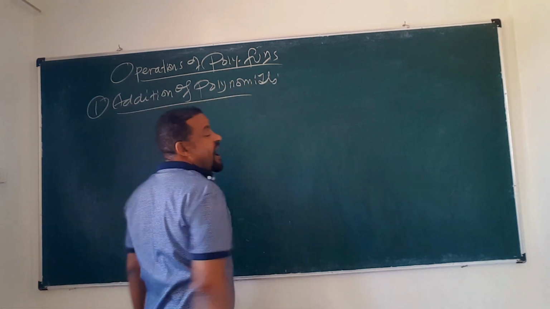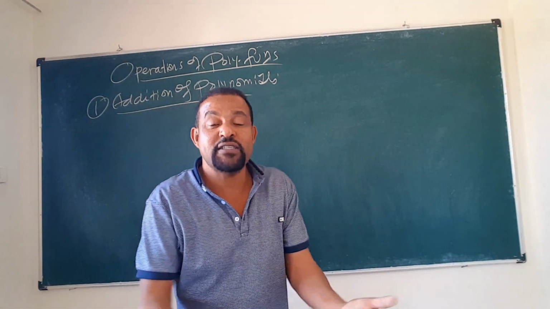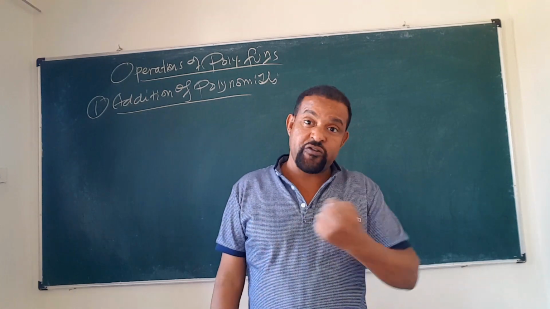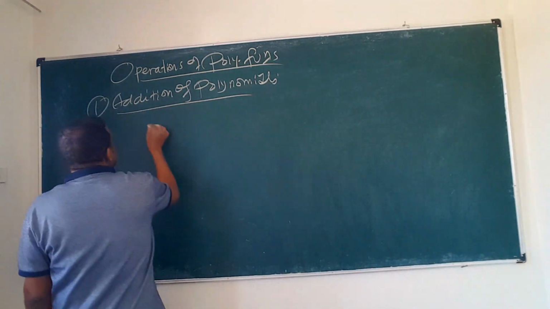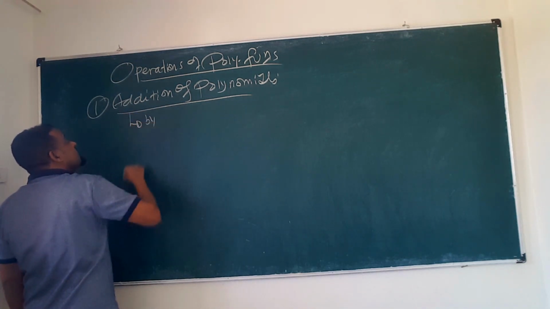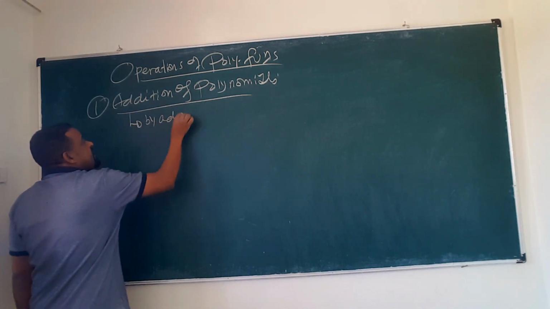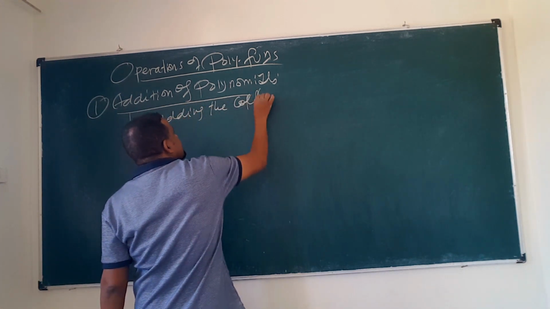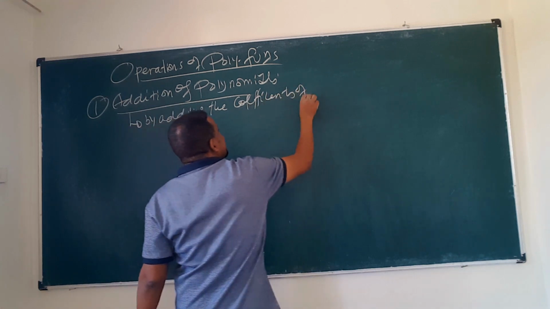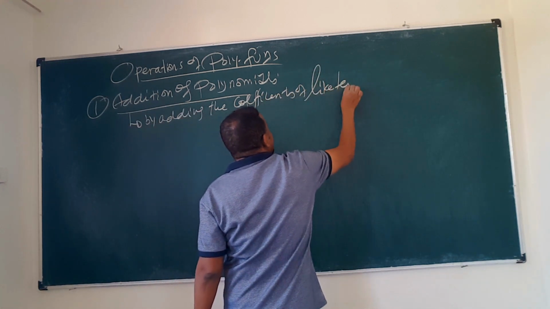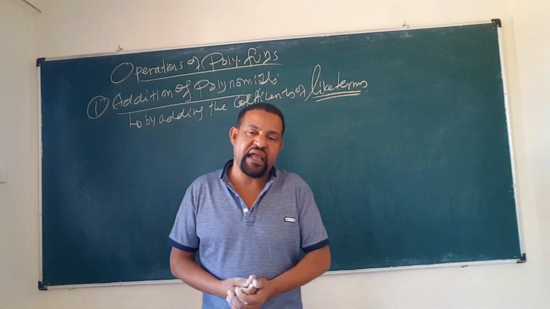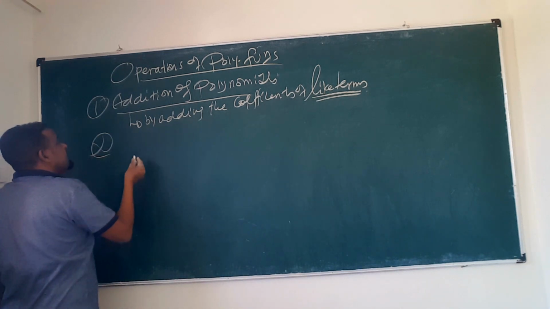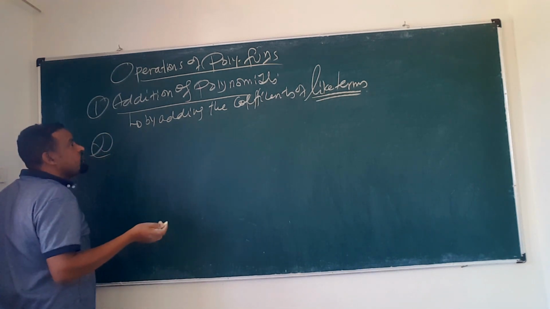So how could we find the addition of two polynomials? The addition of two polynomials can be obtained by adding like terms, the coefficients of like terms, of course. You know like terms from grade 9. So it could be obtained by adding the coefficients of like terms. Now the definition: for a polynomial f of x and g of x,